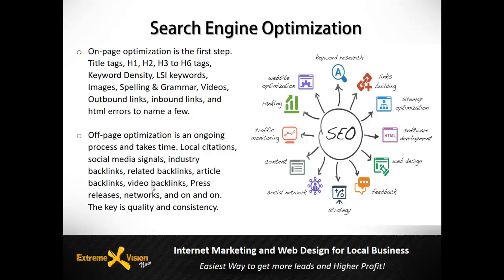Think of these as kind of like votes. If you were running for an election and only one person can be president, then the more votes you get from a state, the better. But not all states have an equal number of votes. So some of them are going to have a lot greater votes than another one. In the backlinks world, one backlink from a very high quality related website could be worth 1,000 votes compared to a low quality one, where you'd need 1,000 of those just to equal one quality one. So this is very specific.